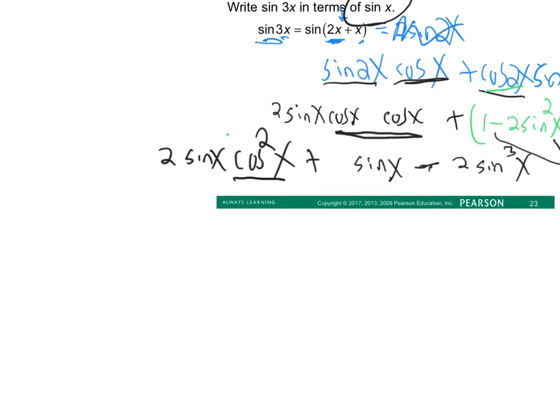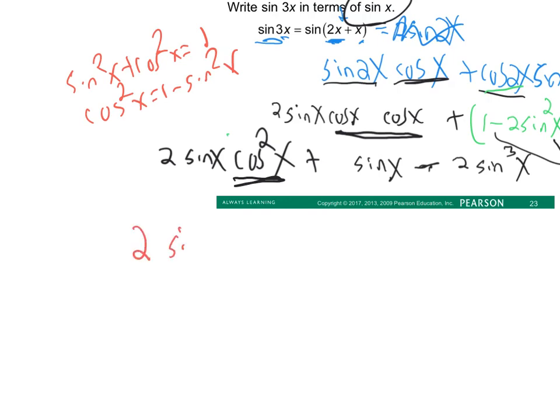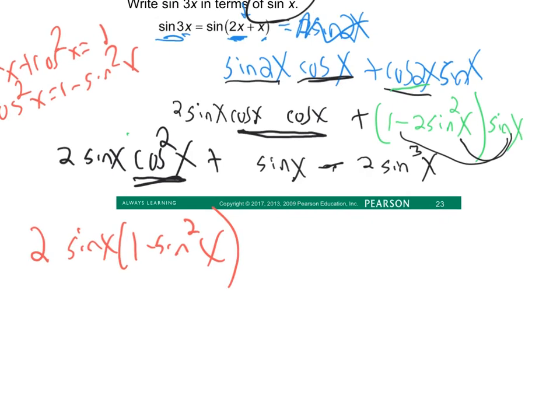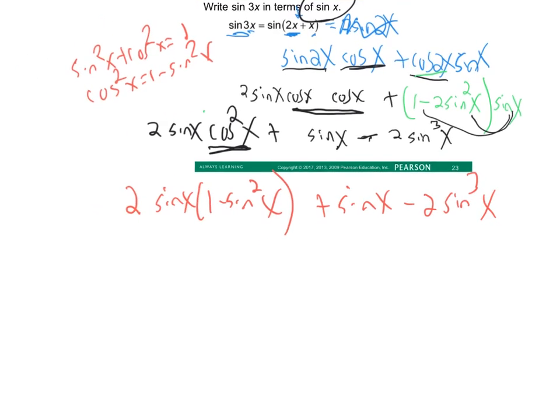Now this can use that identity, that sine squared x plus cosine squared x is 1. That means cosine squared x equals 1 minus sine squared x. So that's 2 sine of x times 1 minus sine squared x. This one here is going to be plus sine of x and minus 2 sine cubed x. Well, I don't know what else he was doing. If I distribute everything in there,